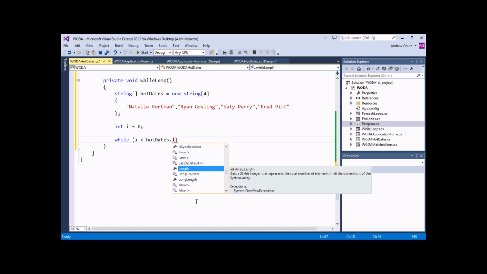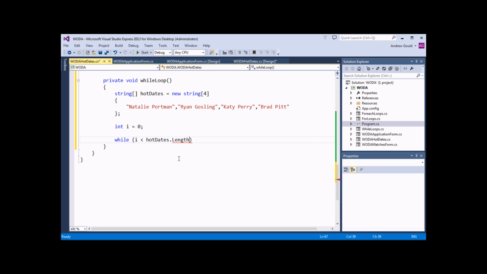We haven't dealt with multi-dimensional arrays yet in the video. We will do that towards the end. So currently our array contains a single dimension which has 4 elements in it. So the length property of our array will return the number 4. So as long as our i variable is less than 4, what we would like to do is 2 things. We'd like to say